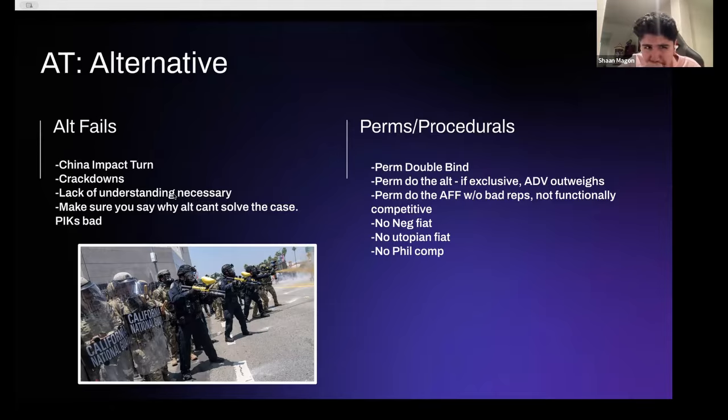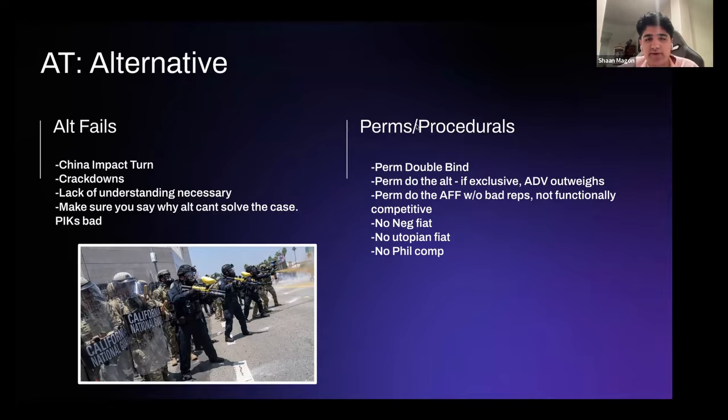But you can also read procedural arguments as to why picks are bad. A pick is a planned inclusive critique. All that means is that it's a critique of your arguments, but it also includes solving your arguments. That's not the exact definition, but that's probably the best way for you to understand it. So you should maybe read certain reasons why. Obviously, if you cut your arguments well, you'll have reasons why specifically whatever the affirmative is key, and you can just explain that. The second thing, responding to the alternative, are perms, and then there's procedural.